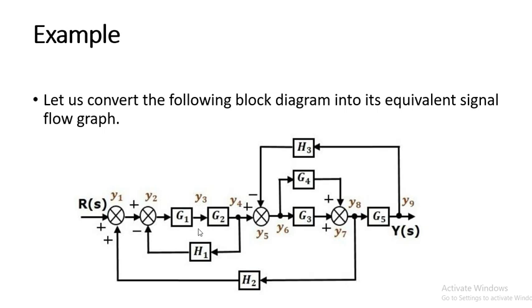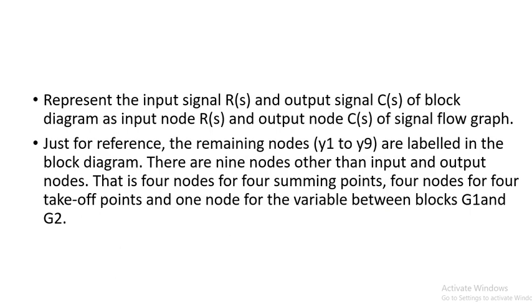So why have I taken y3? Again I am repeating, because if you see this point, from this point if you take the left side, that is G1, that is one gain, and the right side gain is different. So I have to locate one node here. Okay, that's it, because the gain of this left side branch and right side branch are different, so I have to mention here a variable. Okay, so this is all about the things we have discussed now.